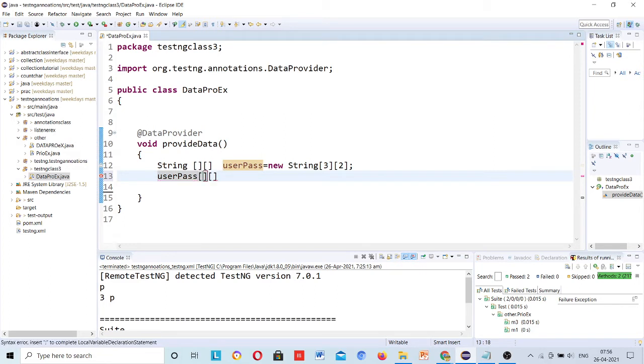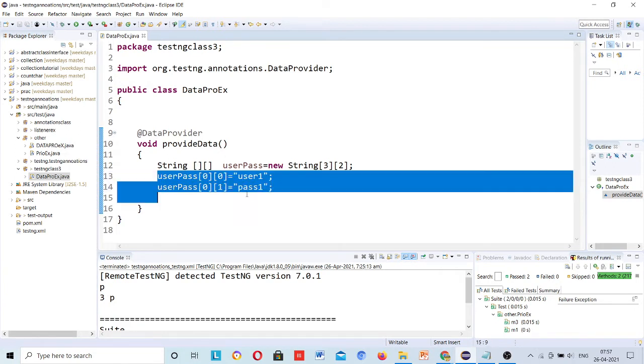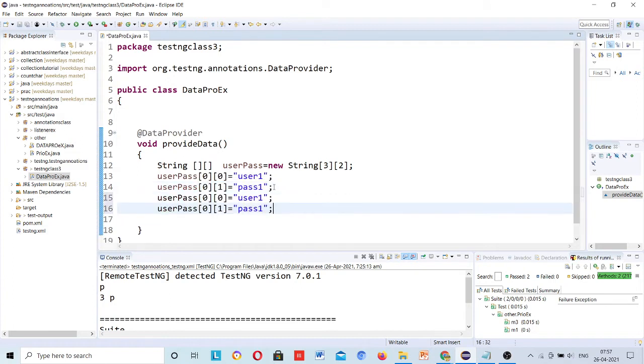At that time I already said that whatever we are covering, we'll use that. So this zeroth index is the username. Suppose user1 and userpass, this is the first index, the password. Username and password for user1. Then I will copy this and paste here.